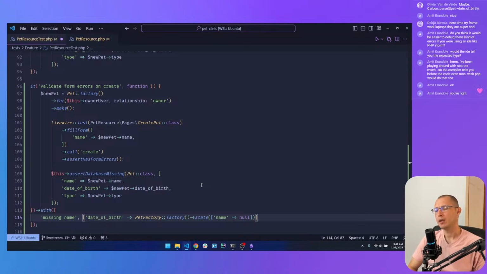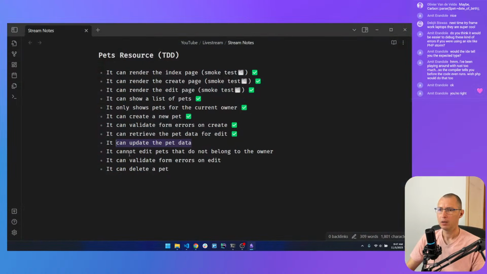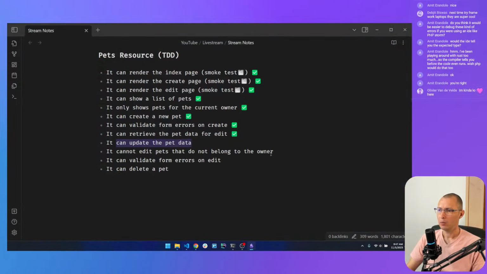But we're not testing that we can, for example, guess the pet ID and just get to the edit form. I think I have a test for that. Cannot edit pets that do not belong to the owner. So yeah.